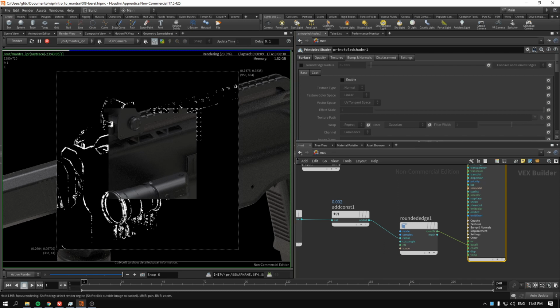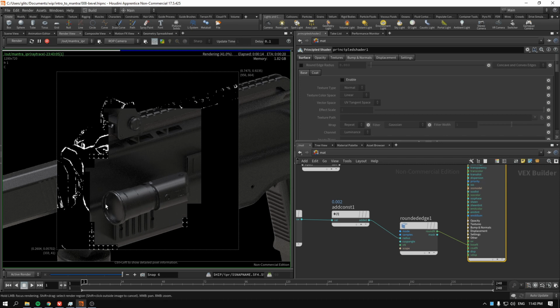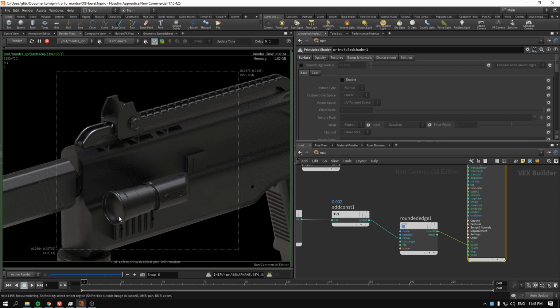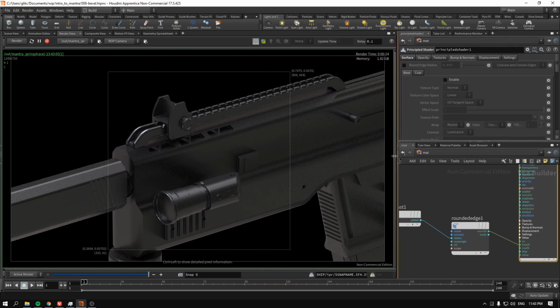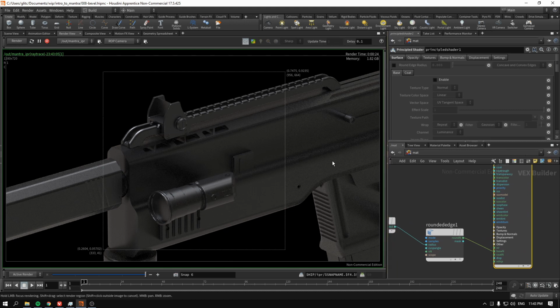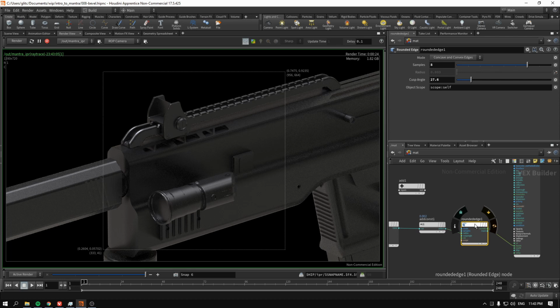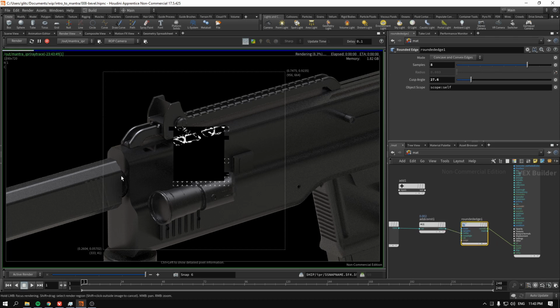And indeed, as you can see already, we have the effect in our rounded edges that the weapon, in our case, has been in use because obviously it has been under the effects of tear and wear on its edges. So this is the effect you can get just with rounded edges. Now, you might be thinking, if we have the rounded edge at our disposal that generates some kind of mask,